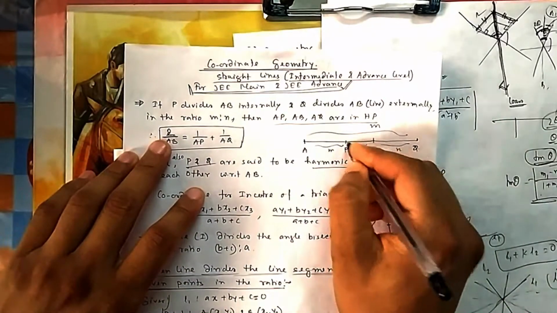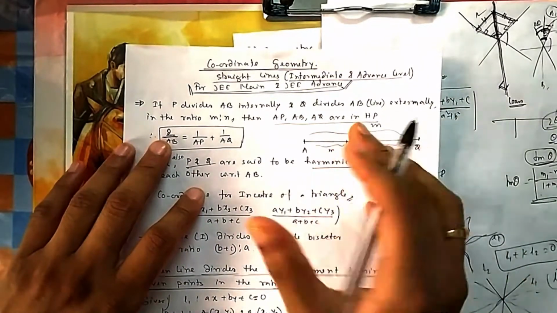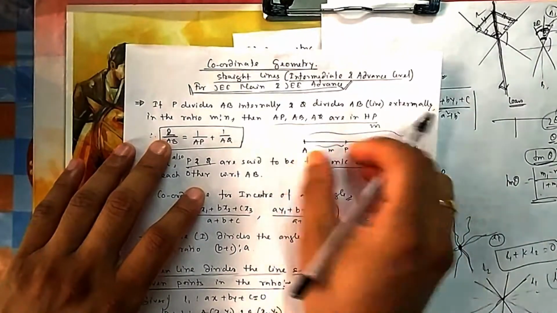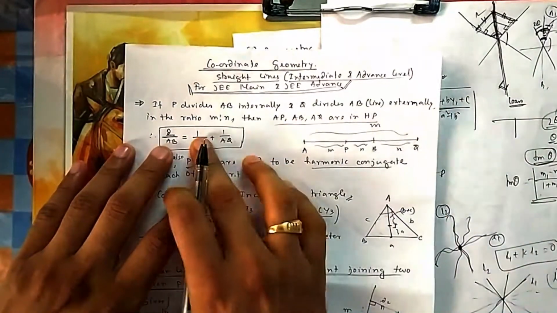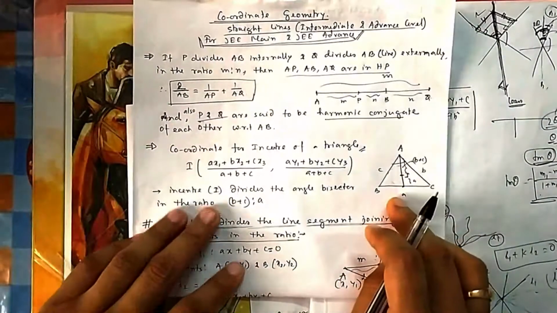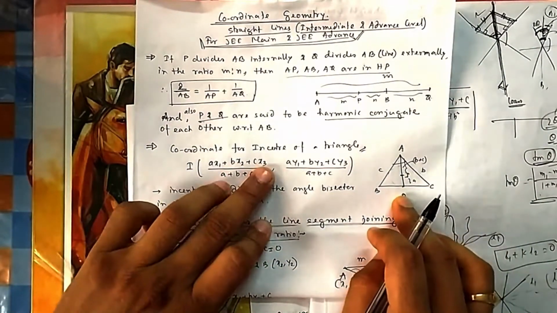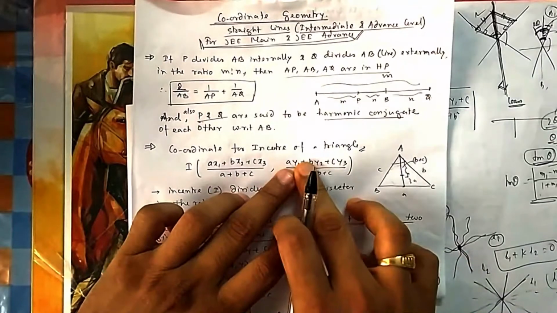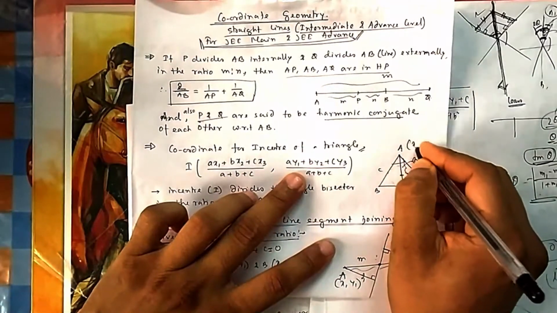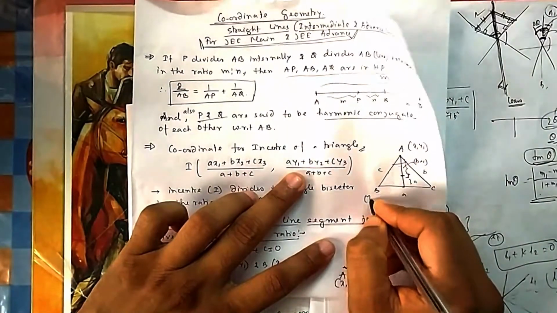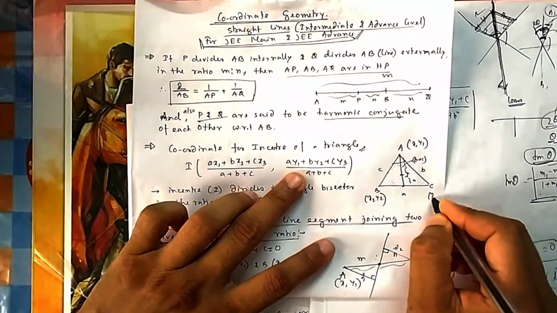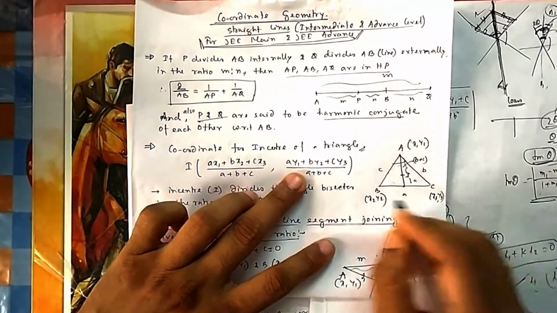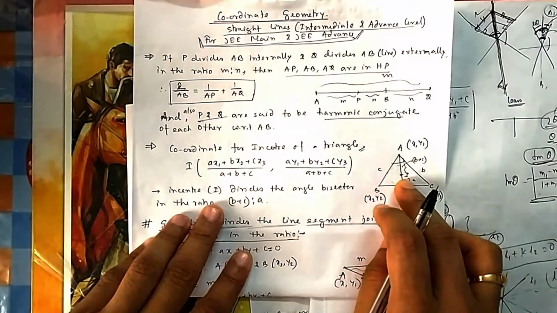This can also be proved because you know the coordinates of P, you know the coordinates of Q. You can easily find this distance and see that this is satisfied. So here it is (aX1 plus bX2 plus cX3) divided by (a plus b plus c). Similarly for the y-coordinate. What are X1, Y1, X2, Y2, X3, Y3? These are the coordinates of the 3 vertices. Then you can find the in center, that is I.